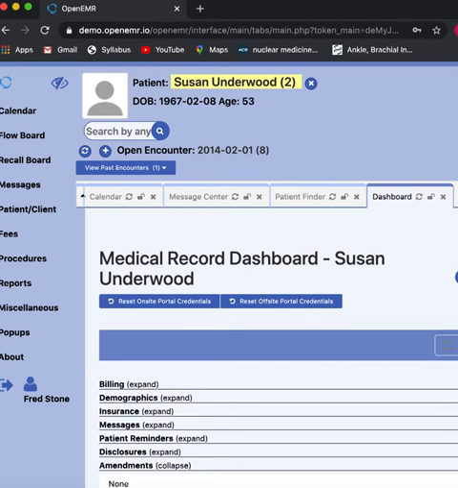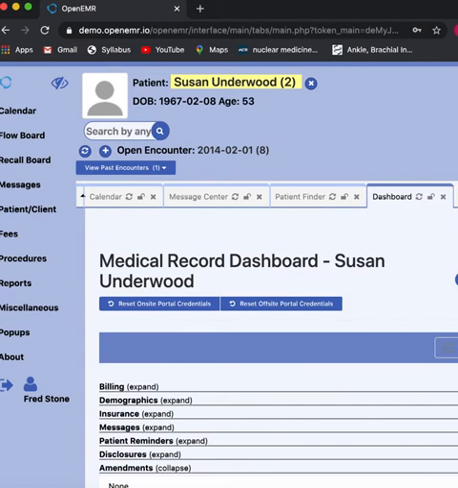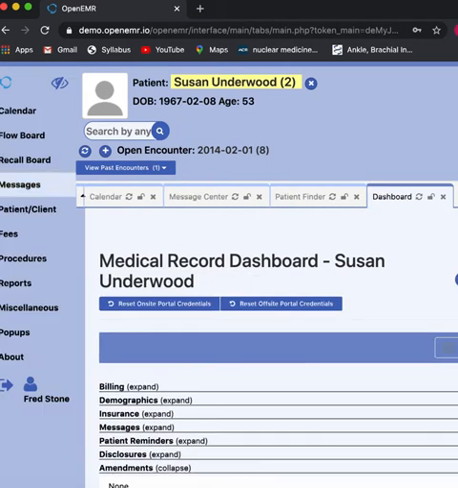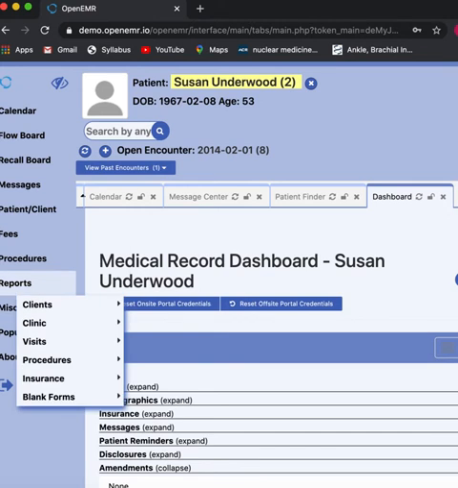So what you want to do is go and click on Susan Underwood. Well, not you guys, you will pick Phil, and I'm picking Susan. So you'd click on Susan, then you're going to go back, and if your screen's not open all the way, you want to click right here. It's just because I needed the other half of the screen. So then you're going to go down here and you're going to pick,